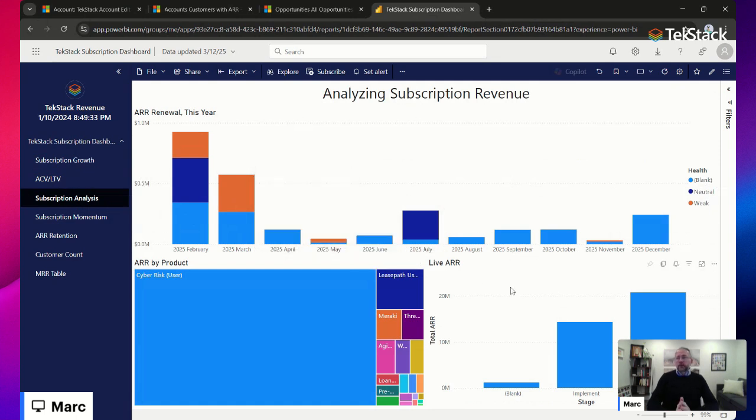The other cool thing, remember that whole expand versus implement, there was an account stage. So when the deal went over to the services, it went to implement. What we also do is, when the customer goes live, you can either type in the go live date, or when the project is completed, we create a go live date for the account. That moves them to expand. So this allows you to see how much of my recurring revenue, in this case almost $15 million of recurring revenue, isn't live yet.